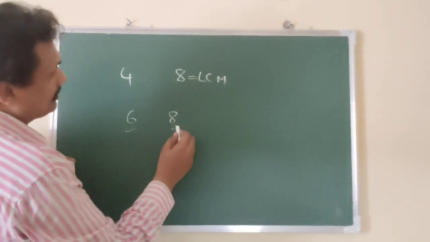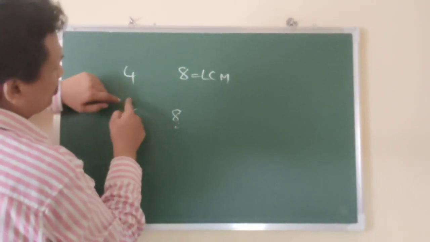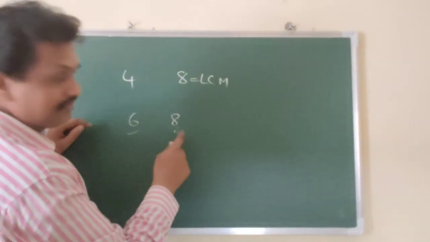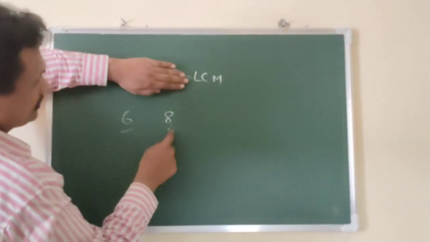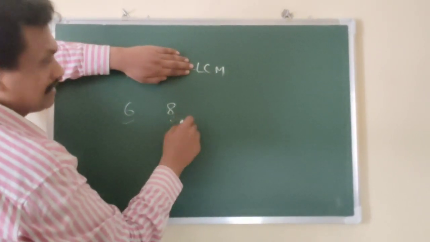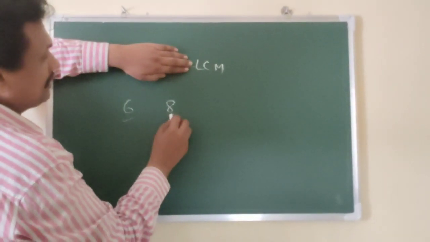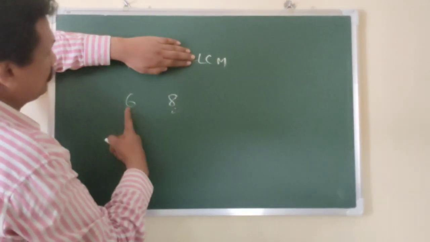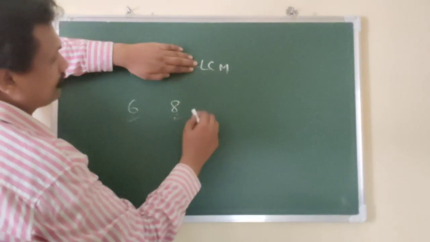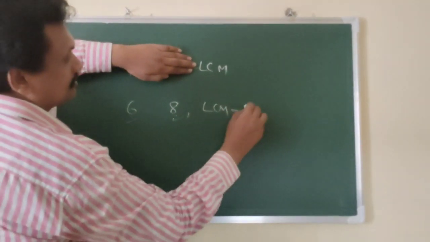What I am saying is, suppose there are fractions like 5 by 6 and 7 by 8. At that time, find the LCM of the denominators. Here 6 and 8 are there. 8 is not divisible by 6. So take double of 8, triple of 8, like that. 8 times 2 is 16, not divisible by 6. Next, 8 times 3 is 24, divisible by 6. Therefore the LCM of these two is 24.